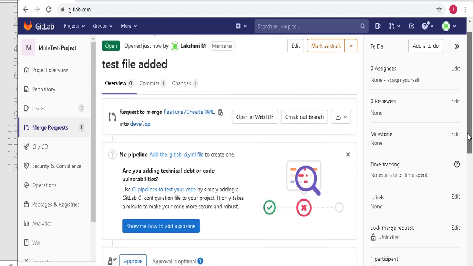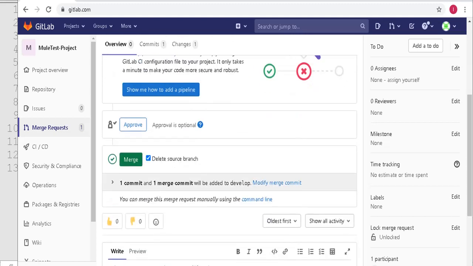Okay, now we are on the merge page. See here it will show you delete the source branch. In my case the source is my feature branch. Once the merge is completed successfully without any conflicts, if you would like to delete the source branch you can check this box. Otherwise you can uncheck it. I don't want to delete my source branch, I will delete it manually, so in that case you can uncheck this. Otherwise you can check this, and once the merge is completed, your feature branch will get deleted.